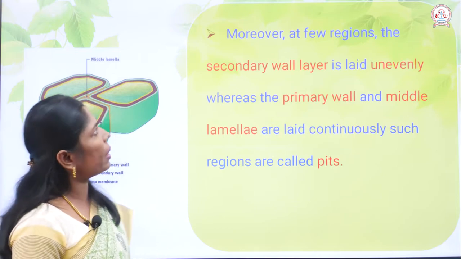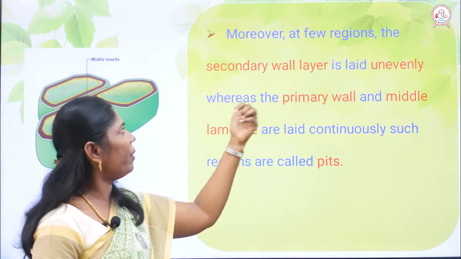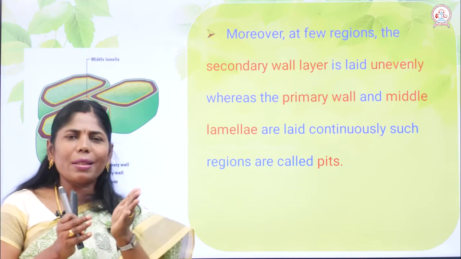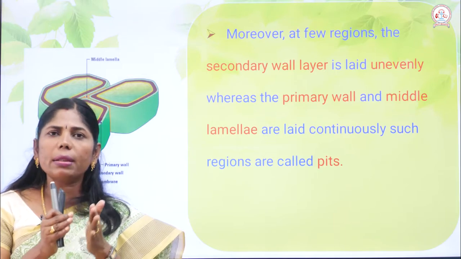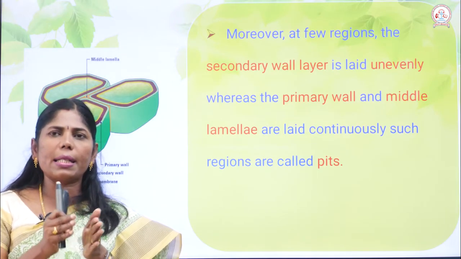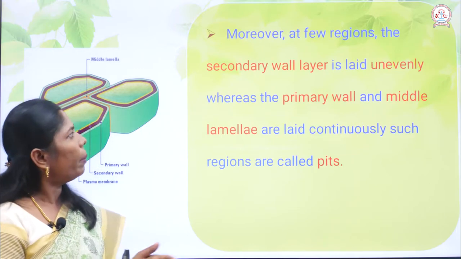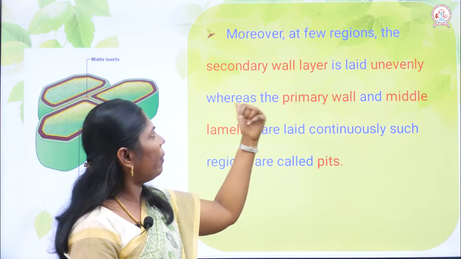Okay, it consists of a few regions. The secondary wall layer is laid unevenly. Uneven, that means the thickness will not be even, there will be uneven thickness. Where the chamber is there, chamber means the hole is present, there is an uneven condition. Okay, but in the primary wall, whereas the secondary wall layer is laid unevenly, the primary wall